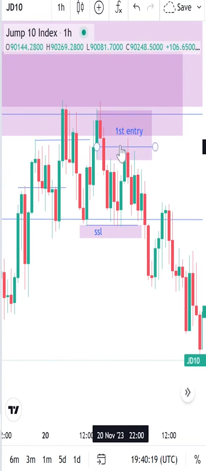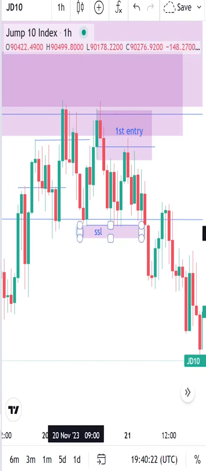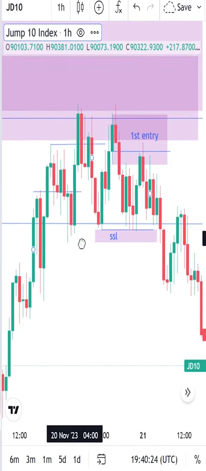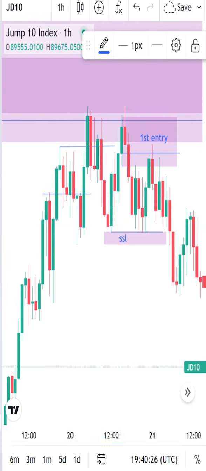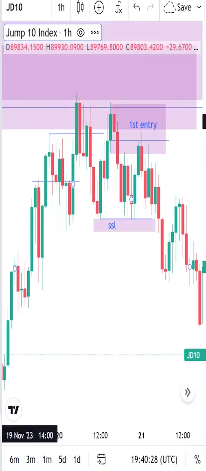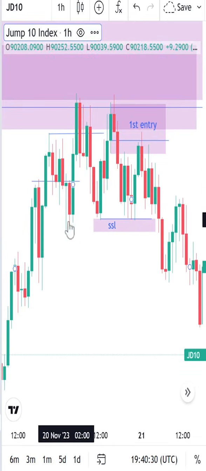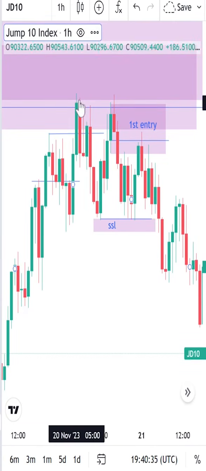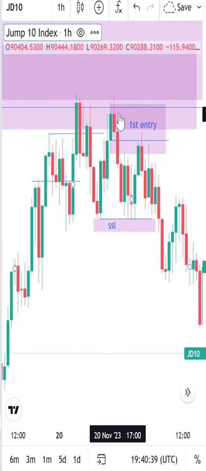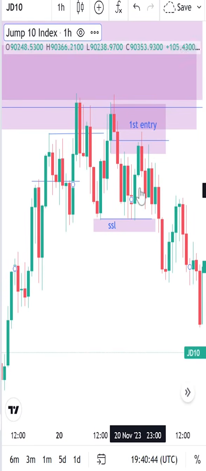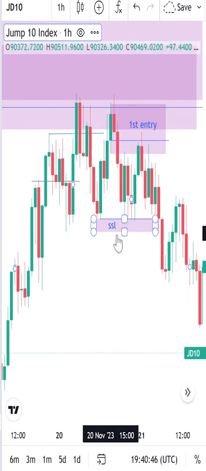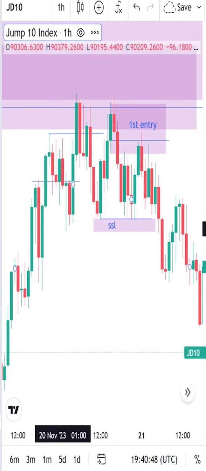And then price did what? Broke this low. Now remember this low of ours. Let me remove this. Remember this low that I was saying. It's important because price was moving like this, and then it stopped at this high. It could not break this low, and then it could not break this high. So it started trading inside a range. And when it broke out here into the sell side liquidity and it broke this low,